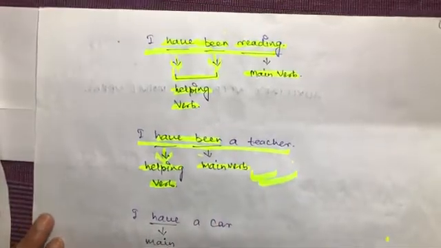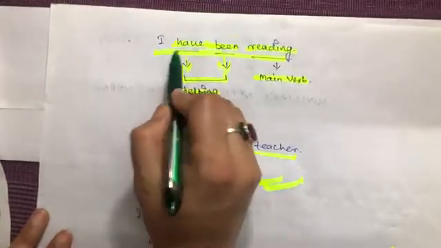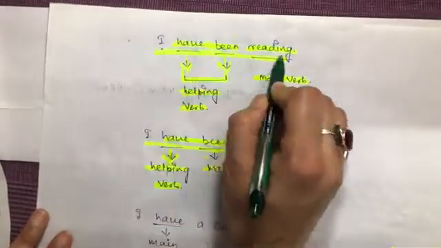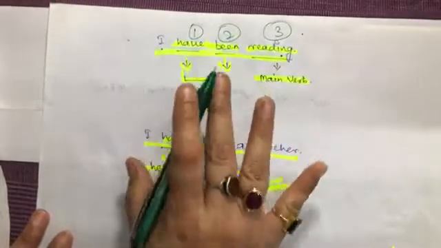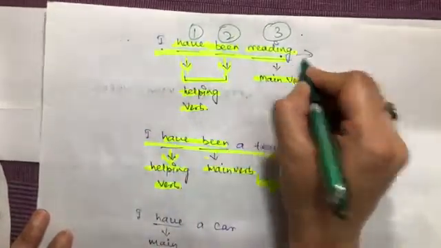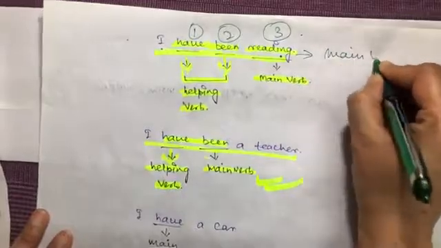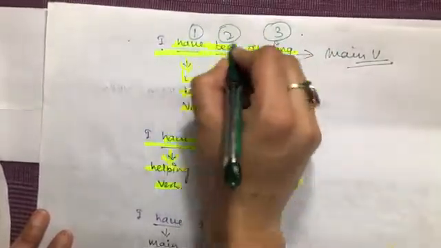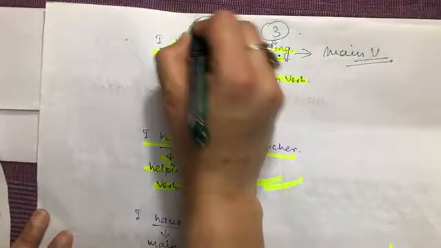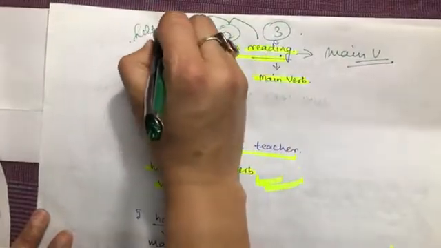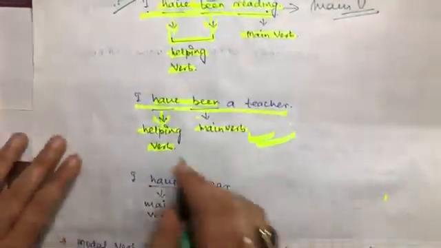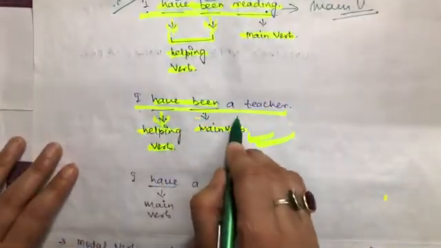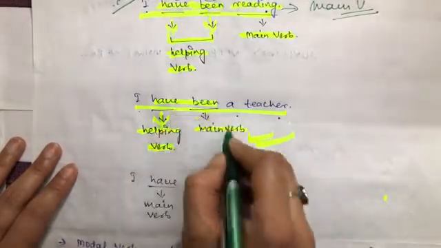Here, I have been reading. So here three verbs are there. 1, 2 and 3 verbs are there. So the end one will be your main verb, and the two verbs which come before the main verb will be your helping verbs. Clear? But in the next sentence, when I say I have been a teacher, here been